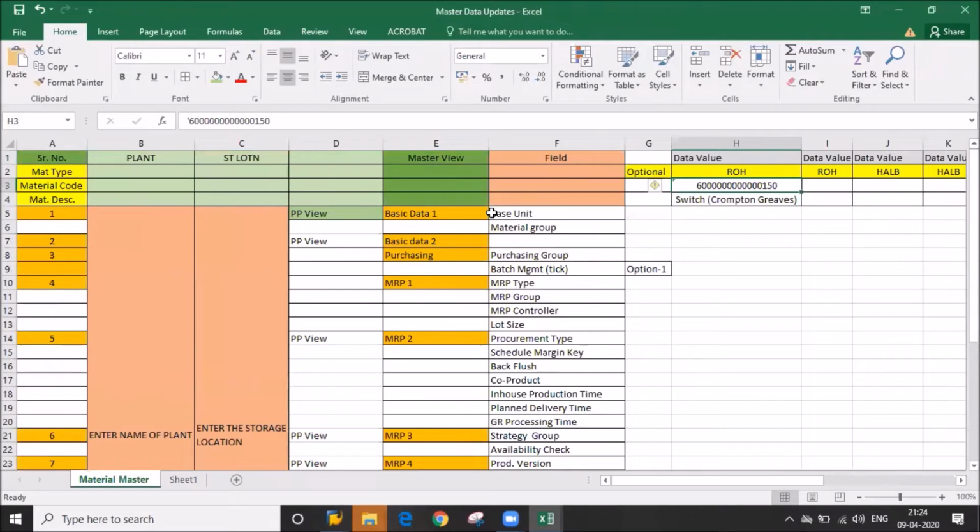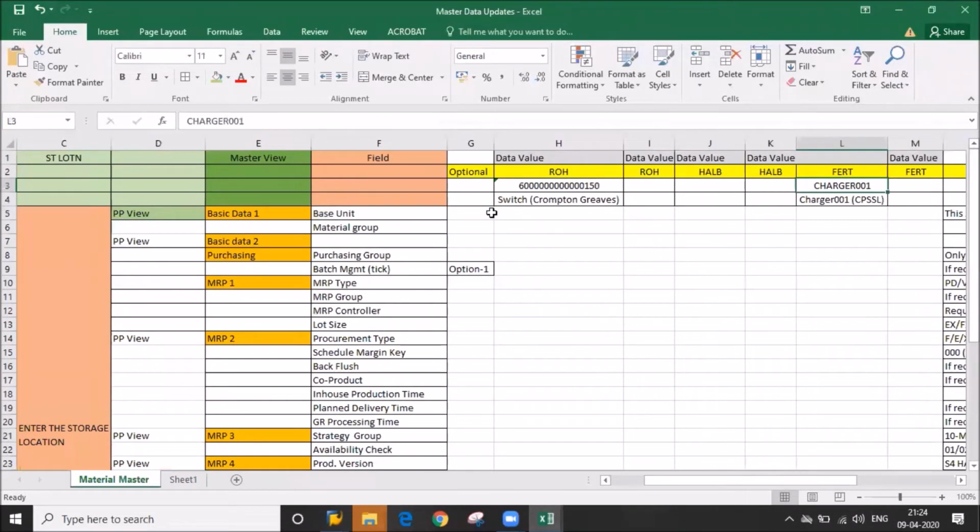Okay, so this configuration is done by the consultant. If you see a finished item, we always have to give it as an external number, meaning we are giving the material number, charger 001. Why are we giving an external number? Because if it is our material and we sell it to our customer, they will understand this is the material code, and through it they will inform us if there is any problem. Understood?